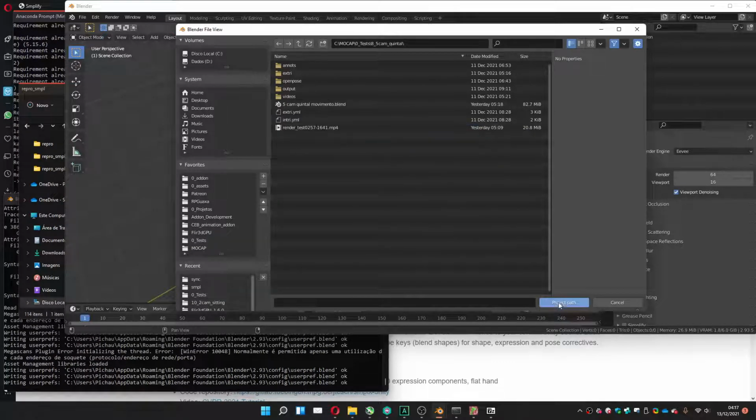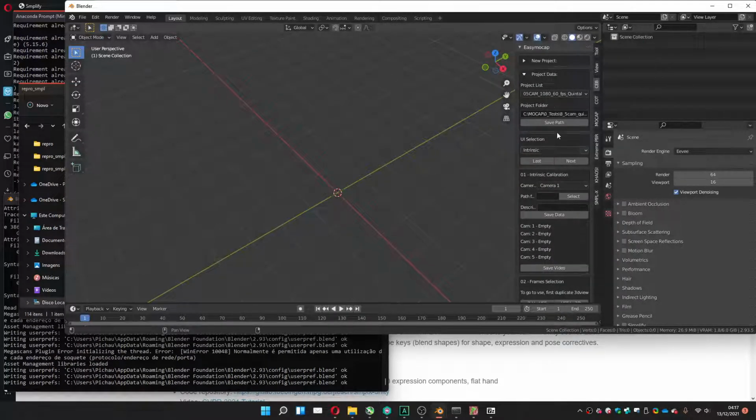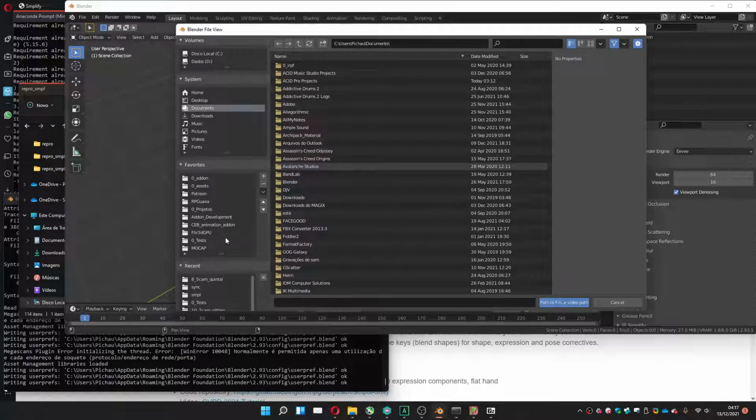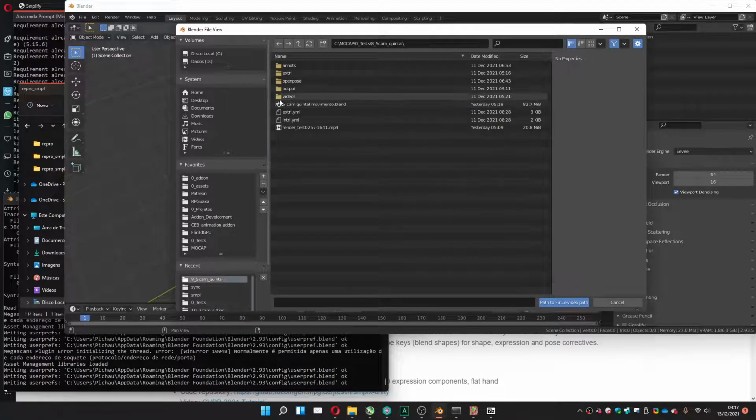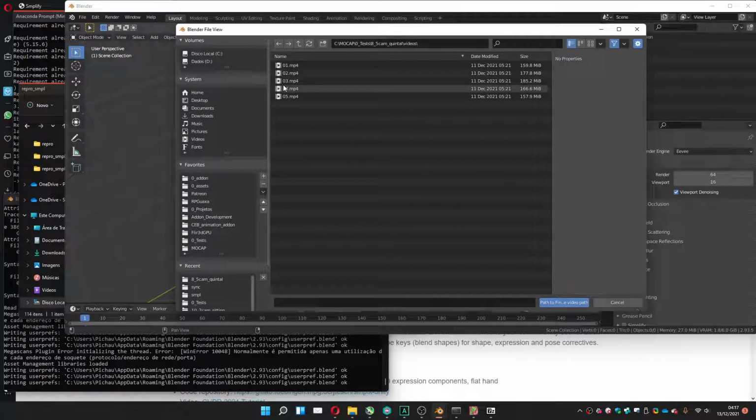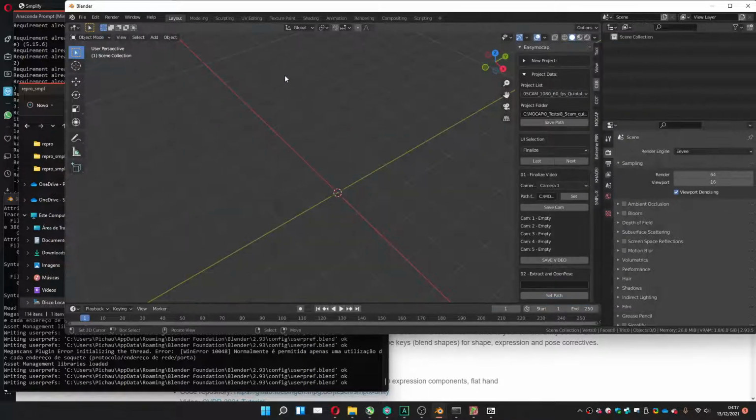It's this project. Let me go to the finalize option. Camera 1 is test. I'm selecting, sorry, I'm going to select the video that I already recorded,